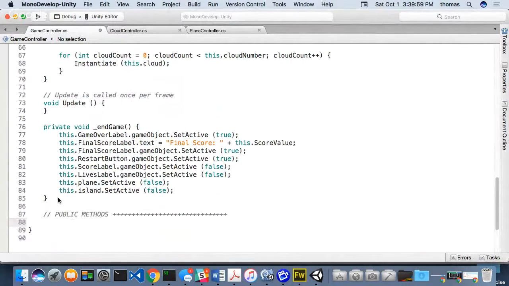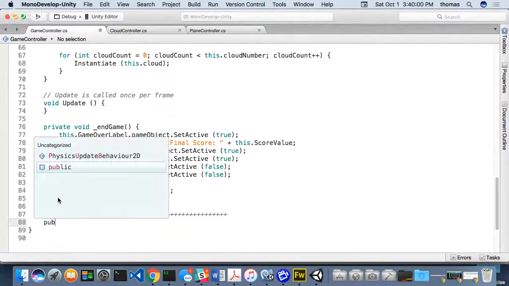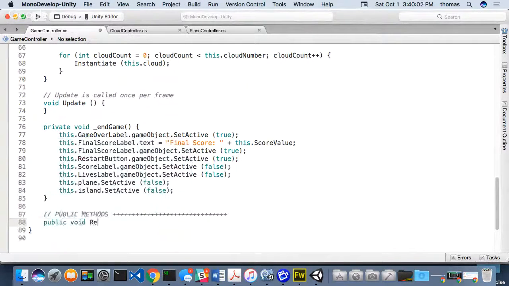Underneath here, I'm going to put it in. I'm going to say public void restart button. You don't have to do it this way, but I think it's just easier to see afterwards. And what do I want this thing to do? Well, I want to restart my scene. But I need to have the name of my scene if I want to restart it. So the funky way to do this, before we get to write this thing in a second,